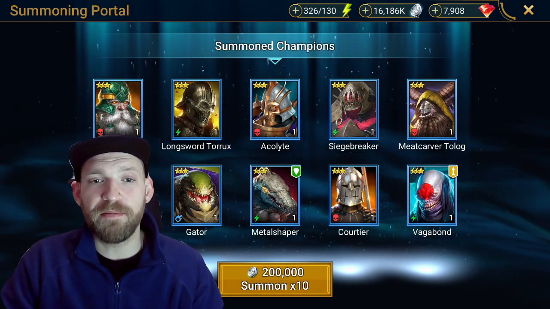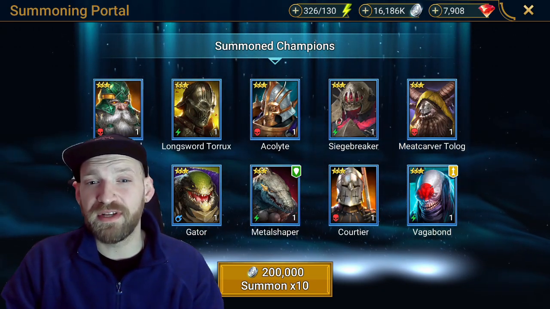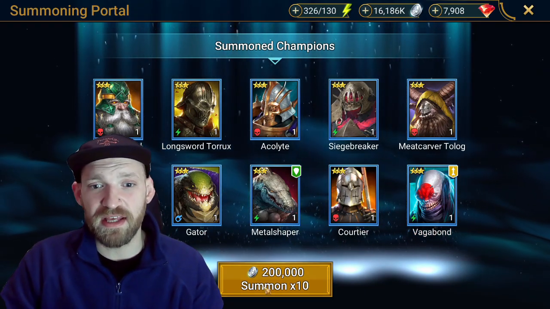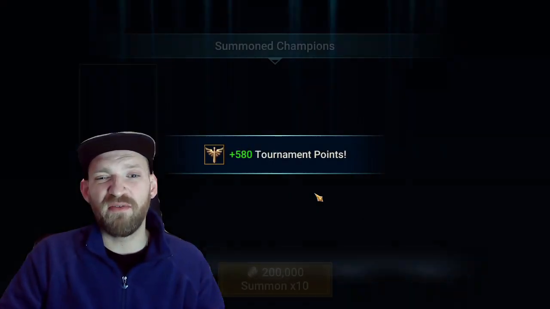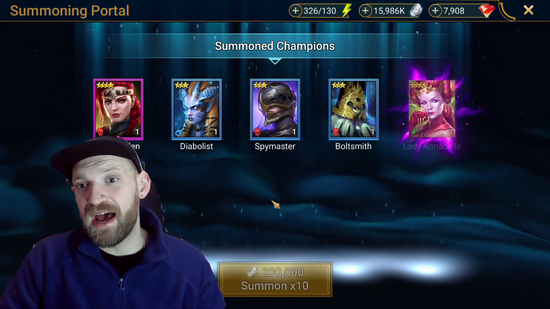Maybe a bit of Metal Shaper if you're really struggling on normal Doom Tower for the Scarab boss, but no one else in there that I can really think has any use in the game that isn't outclassed by an epic or a legendary. So moving on to that one, I've got a Metal Shaper on both accounts. I use it for my casual, now casual